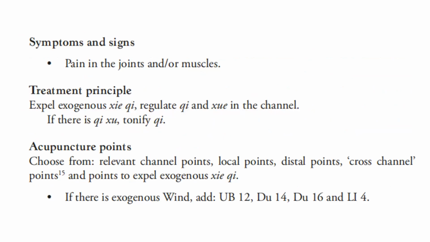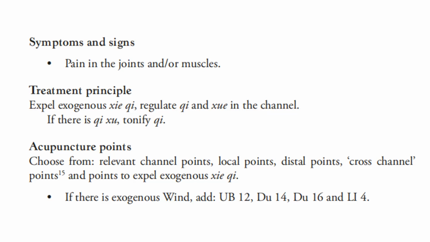For the symptoms and signs, there is pain in the joints and/or muscles. For the treatment principle, expel exogenous qi, regulate qi and blood in the channel. If there is qi deficiency, tonify qi. For the acupuncture points, choose from relevant channel points, local points, distal points, cross-channel points, and points to expel exogenous evil qi. If there is exogenous wind, add